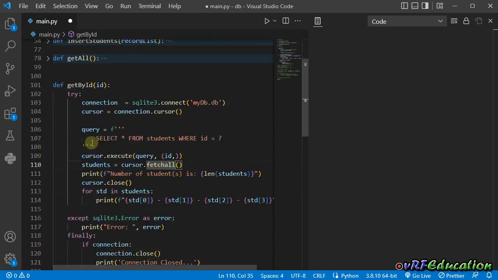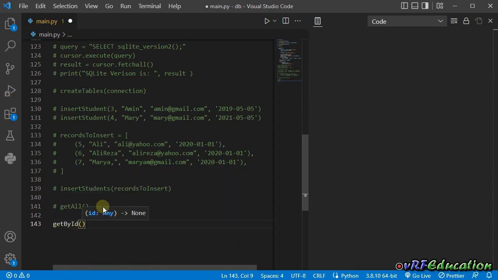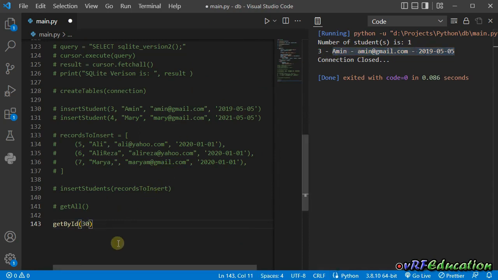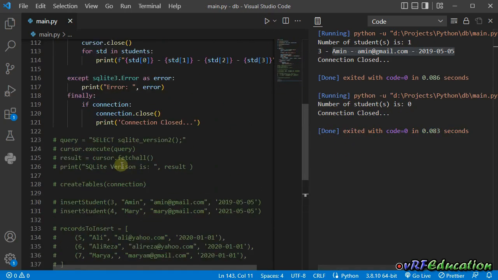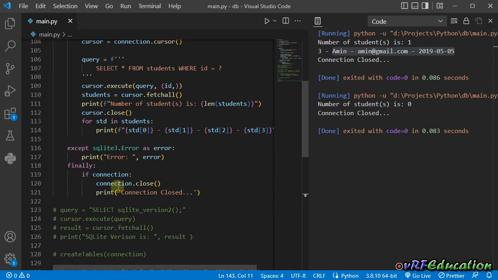So this time I'm going to say get by ID, looking for ID 3, for example. Let's run. This time we only have one item, and this is the item that we fetch from the database. So what if I pass something that does not exist inside the database? It says the number of students is 0, because we have an empty list for students, so we are not iterating over anything, and the loop jumps over this statement,